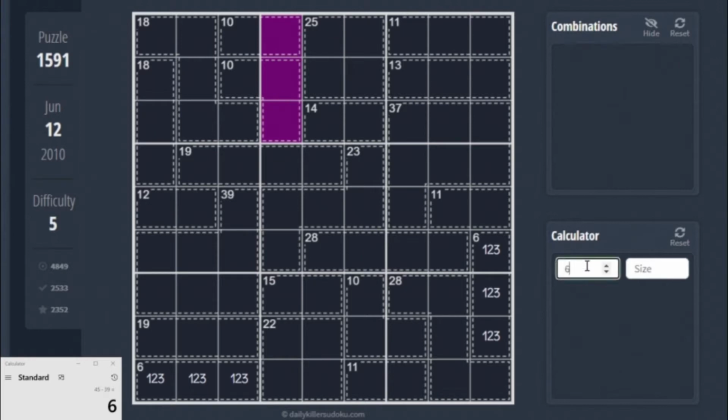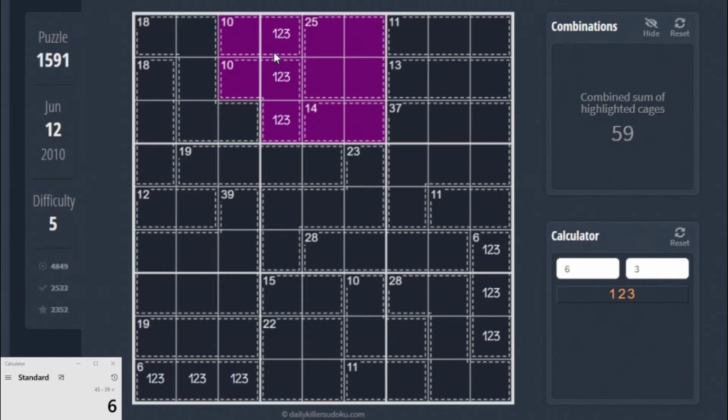What we can do with this information: 6 in 3 cells, it's gonna be 1, 2, 3 only. We are pretty lucky here. So 1, 2, 3. We don't have any useful use of this information at the moment, but if we extend our view